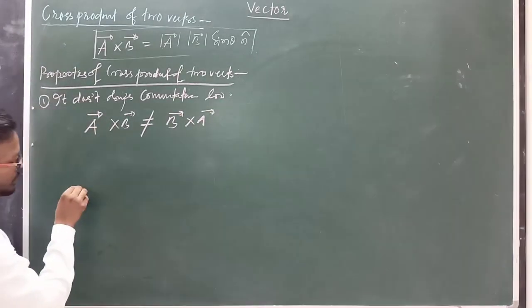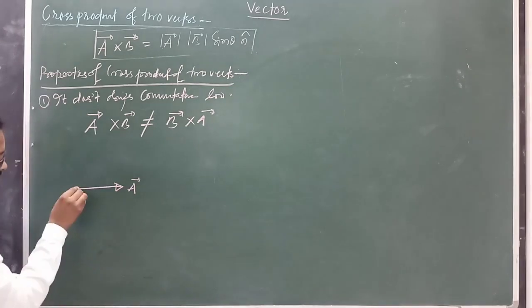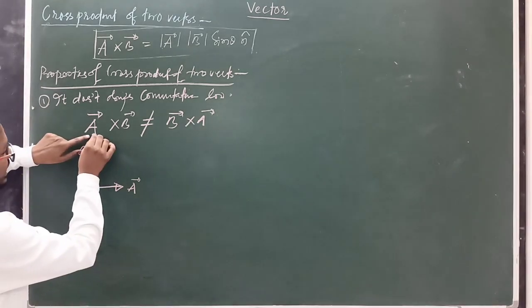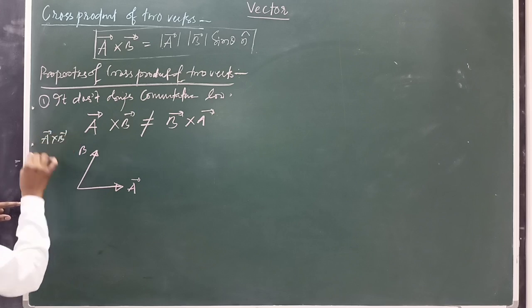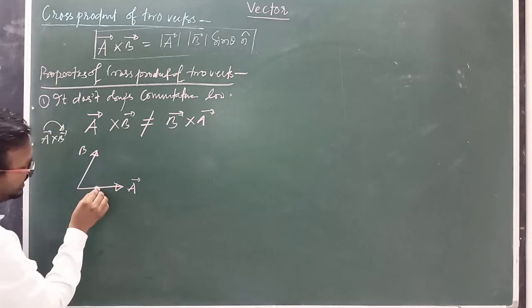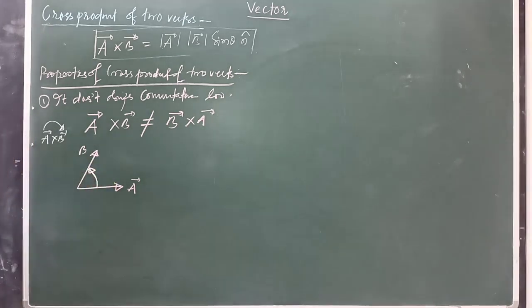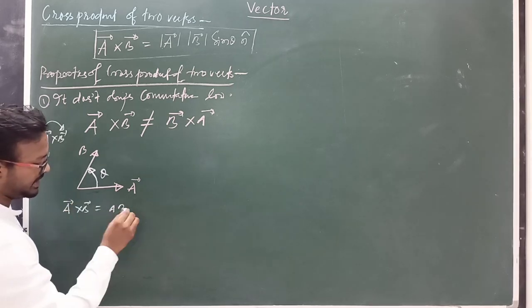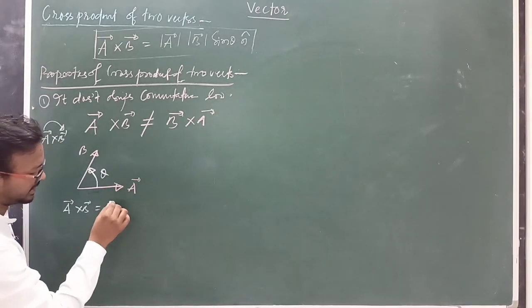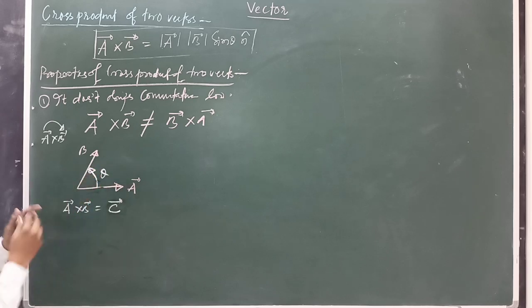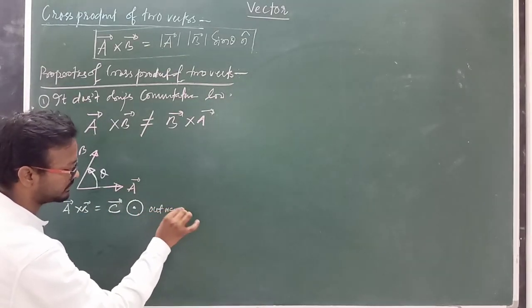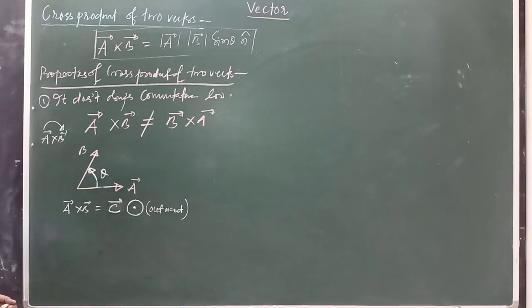How? Suppose one vector, this is vector A, and another vector B which make an angle theta, and we have to go from A to B. First we have to find A cross B means A towards B. So this angle theta, we move our right hand palm, that is A cross B from A to B, and the resultant vector here we can write A cross B vector equal to magnitude of A, B, or simply we can write the resultant vector C vector and its direction A cross B which is outward, and represent here one dot mark, and it indicates outward direction, perpendicular to this plane.